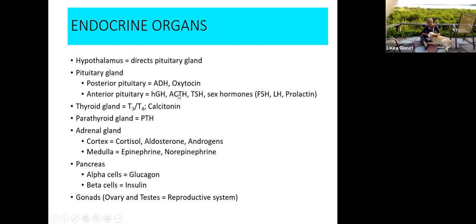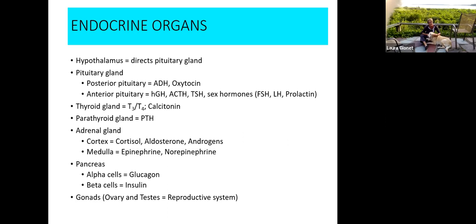It's good to know all those 6 now, at least where they come from. So when we get to reproduction, it will be sort of a review. You'll be familiar with where these hormones come from, but we're going to specifically look at the first 3. All right, then we travel inferiorly to the thyroid gland, where the thyroid gland produces 2 hormones, T3, T4, and